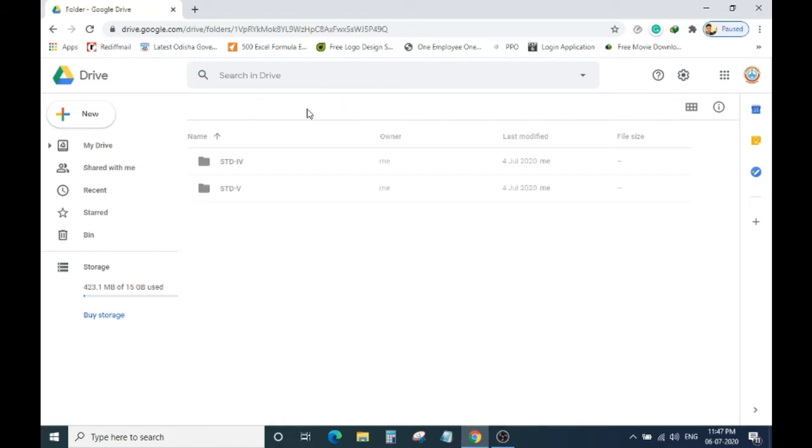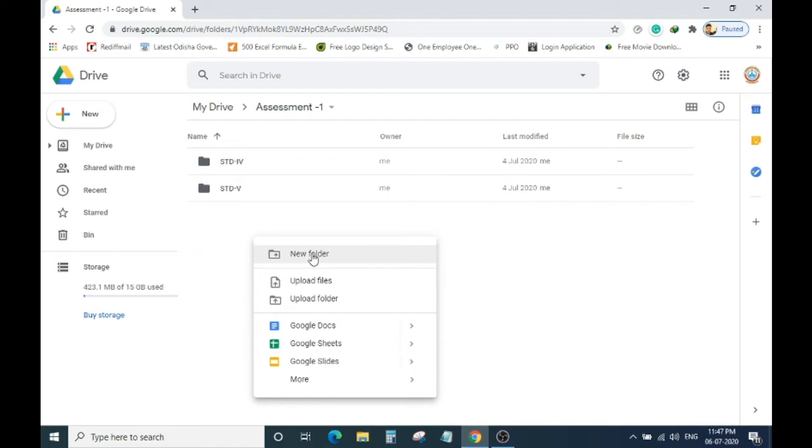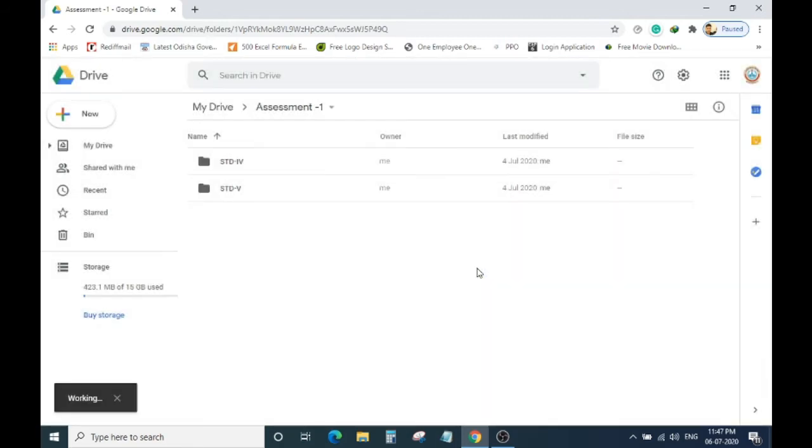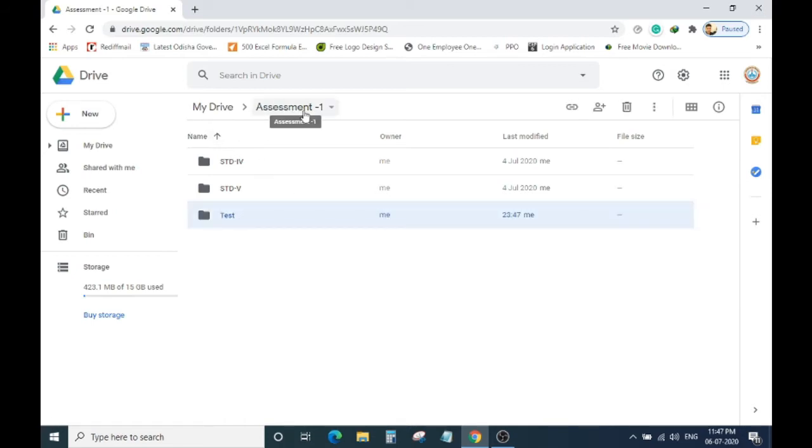What I will do is create another folder here for the test. I have created this folder under the assessment 1 folder.